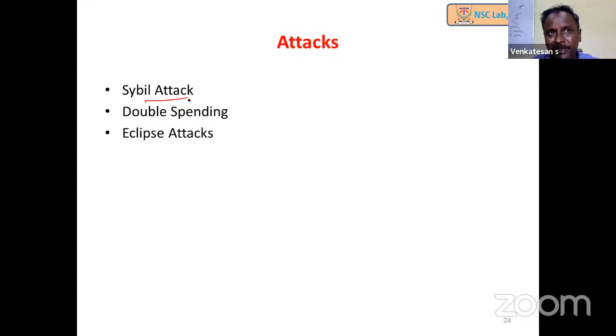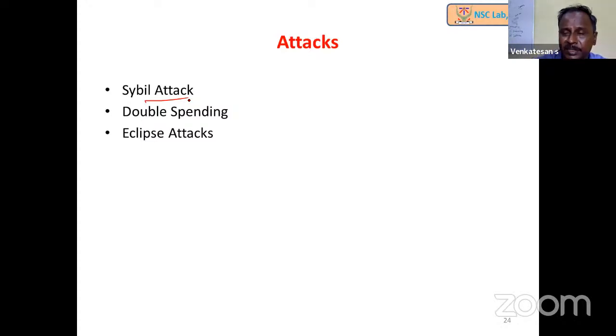And next is double spending. It is possible the same currency will be spent more than once. However, they have the UTXO, but there are selfish mining and then race mining or race attack. So those things still bring the double spending, but they are introducing the solutions also.